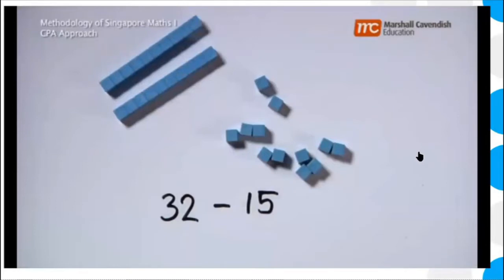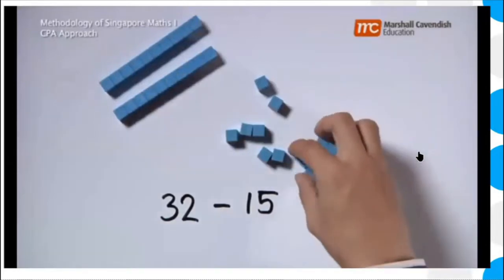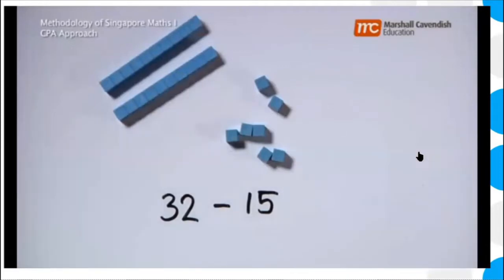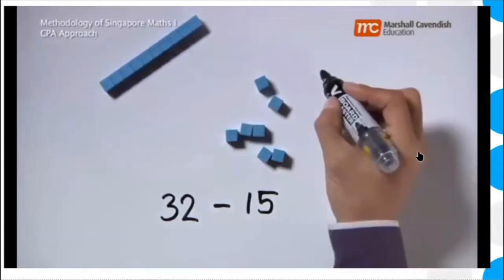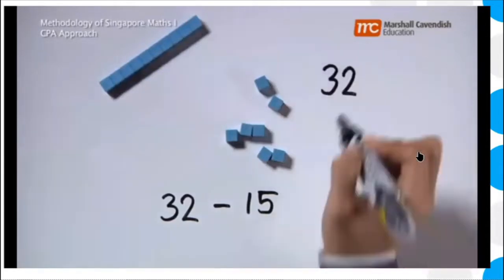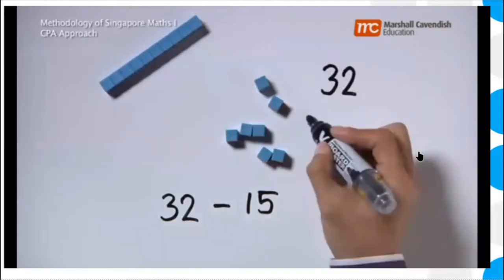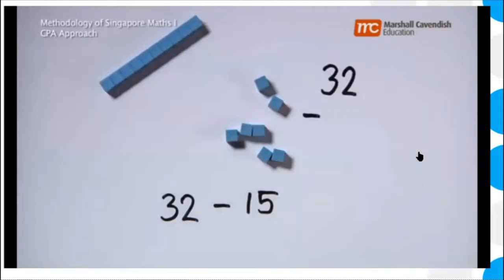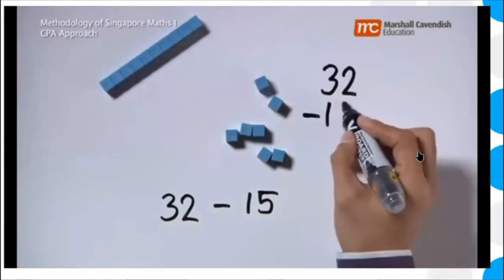Now, there's ample ones for the students to take away 5 ones and 1 ten, resulting in 17. Much later, children will write it in this format: 32, subtract 15,